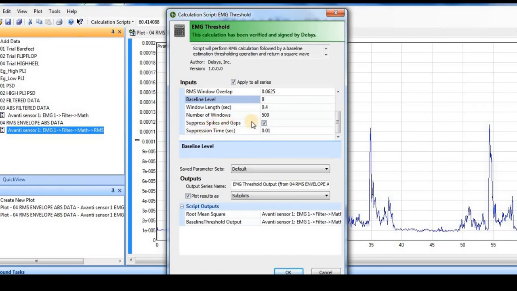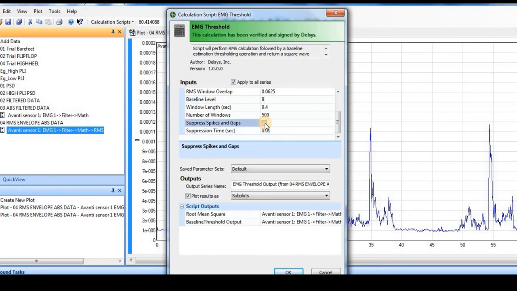Now here we have a choice. If we want to suppress some unnecessary spikes or gaps that are not actually representing activation or inactivation, but are just happening because of some artifact or noise, we have a very interesting feature, and that is whether we want to suppress spikes or gaps or not.